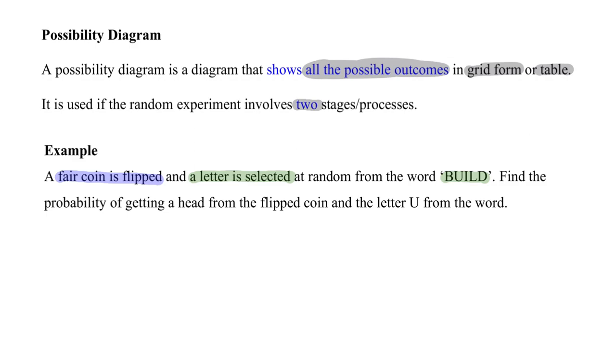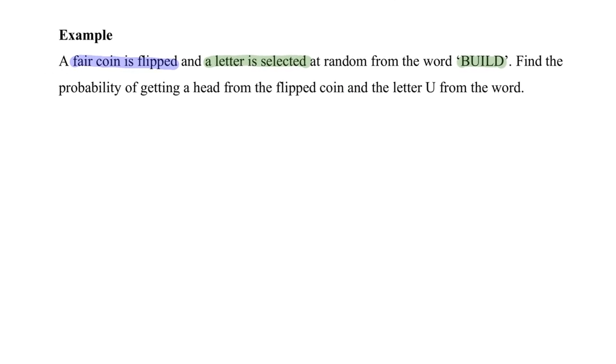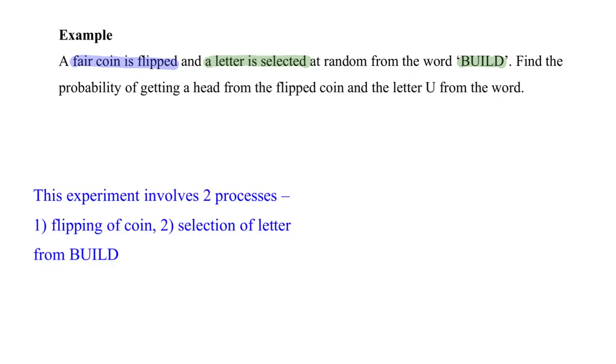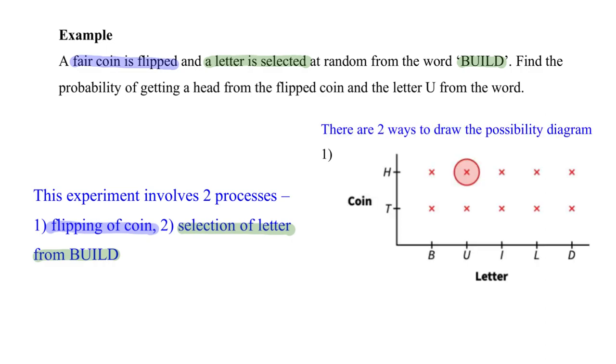So there are two things we need to do, right? And because of that, we are going to see this. There are two stages, repeating what I've just said. One is flipping the coin, the other is selecting a letter from the word build. Because we can represent this in table or grid form, there are two ways basically for us to draw this possibility diagram. This is how the first way looks like,